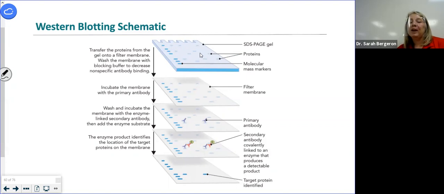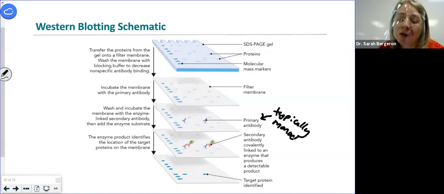So what I can do is I can actually put a filter membrane underneath my gel and run an electrical current through it. So my proteins that were in the gel will actually migrate and fuse to this membrane. So now I have a filter membrane that has everything on it, but I want to know which of these spots contains my protein of interest. I put an antibody that will detect my protein of interest. It's called the primary antibody. This primary antibody is typically